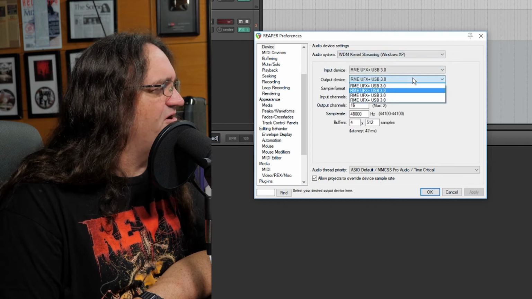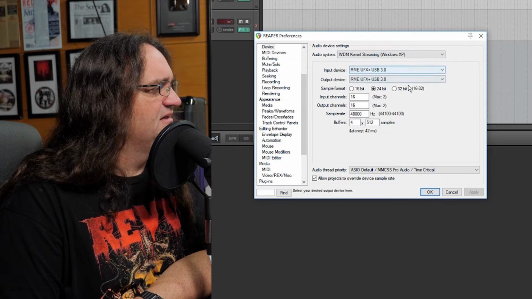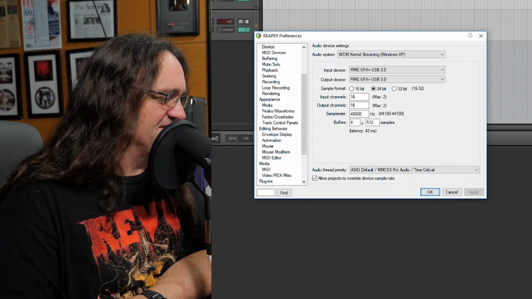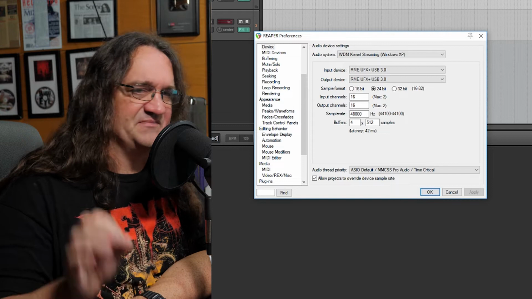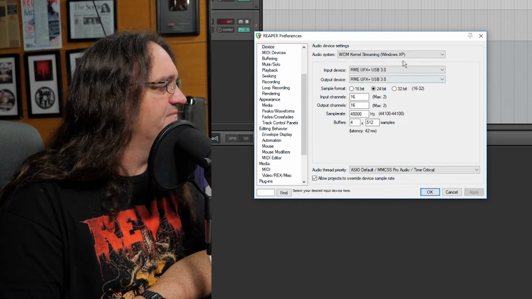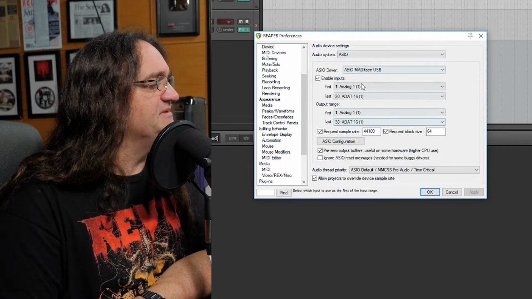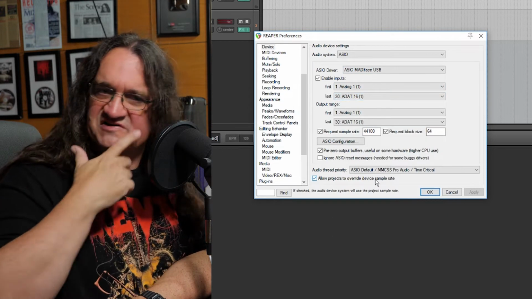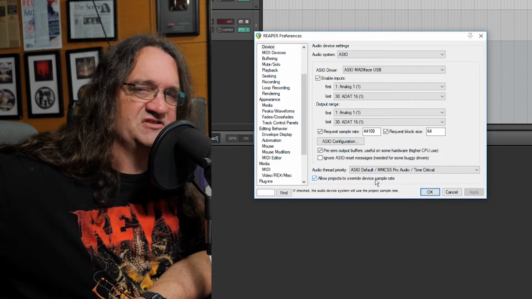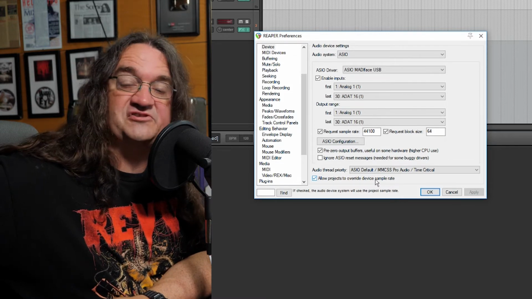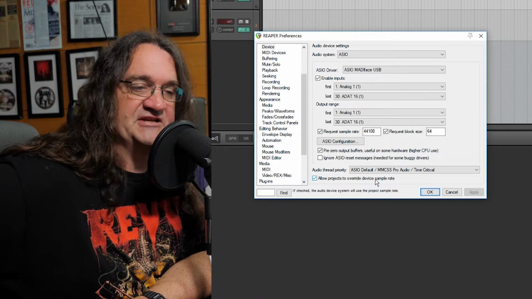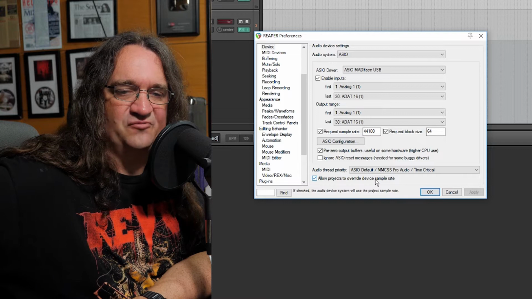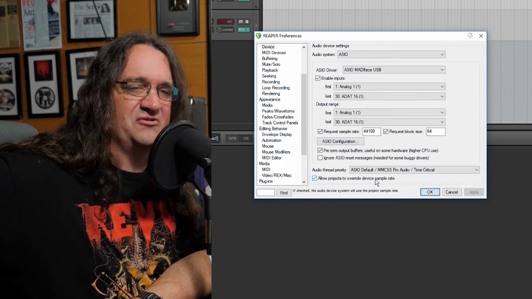If I switch to WDM, all I get is this, and it says max 2 inputs and outputs. Here's the weird thing, and this is where it really becomes interesting: if I go back to ASIO here, it gives me access to all my ins and outs, which is really important because I use multiple systems. I use the 12 inputs on the RME, but I'm also using another 8 on the Audient ASP 880, and then I plan on adding in a Focusrite OctoPre Dynamic as well for extra outboard channels and whatnot. So I need all those channels happening.